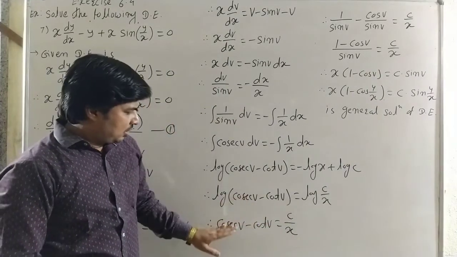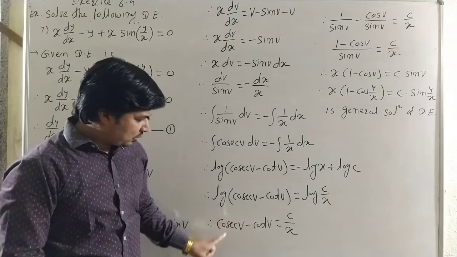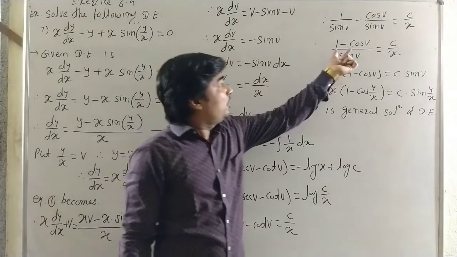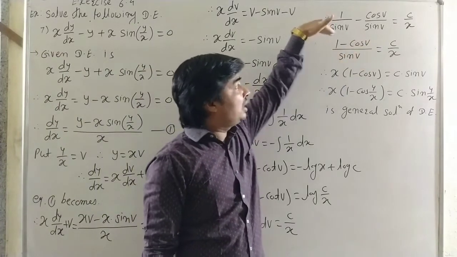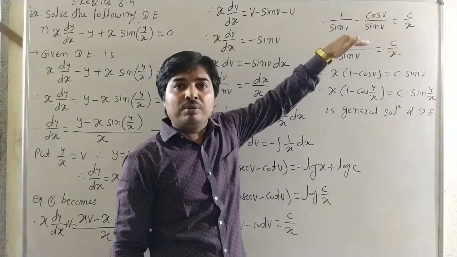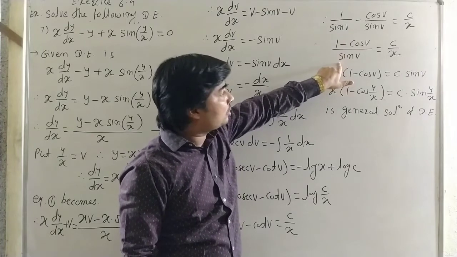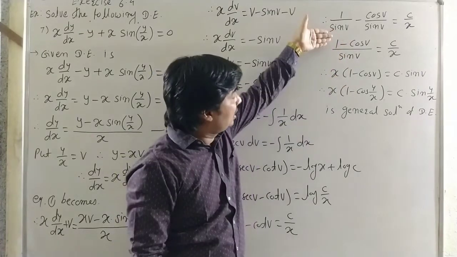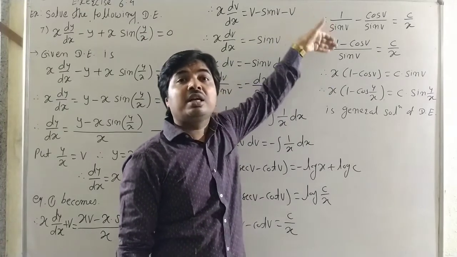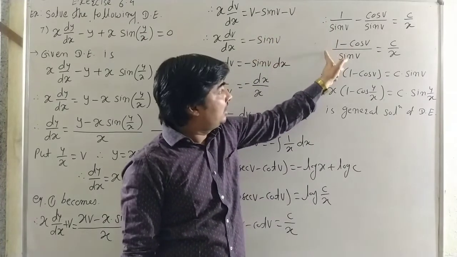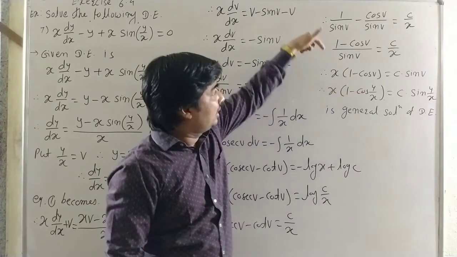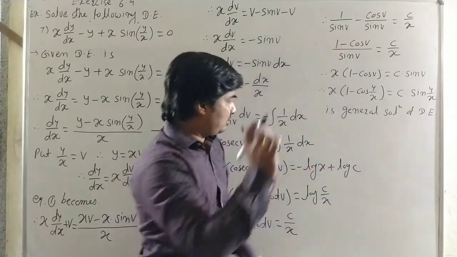Okay, we can also simplify this one using cosec and cot. Another solution: when we use 1 minus cos phi, it is 2 sin square phi by 2, and we use the formula for sin phi, it is 2 sin phi by 2 into cos phi by 2. Then we get this, it is tan phi by 2. Here it is tan phi by 2, and then x into tan phi by 2 is also a solution.